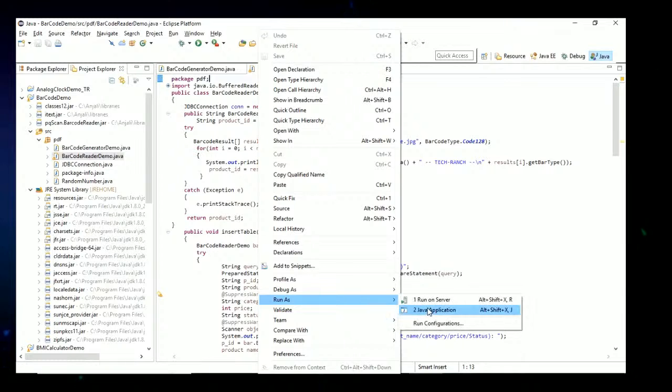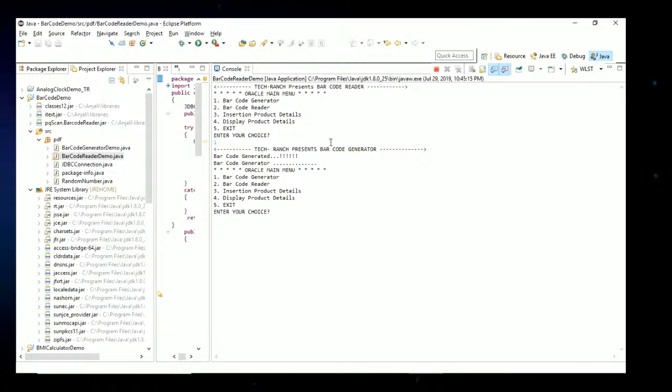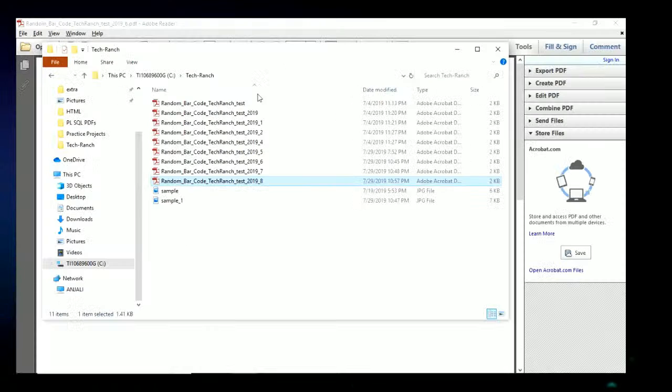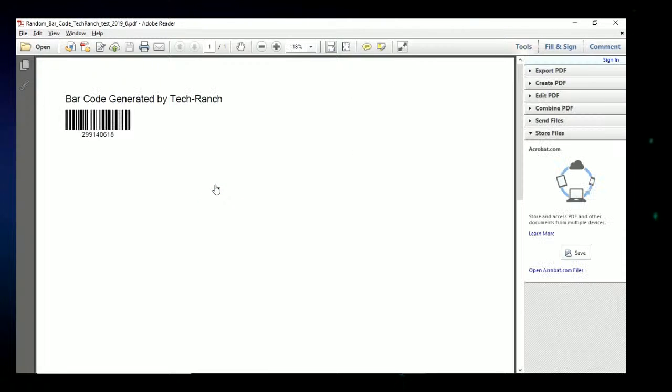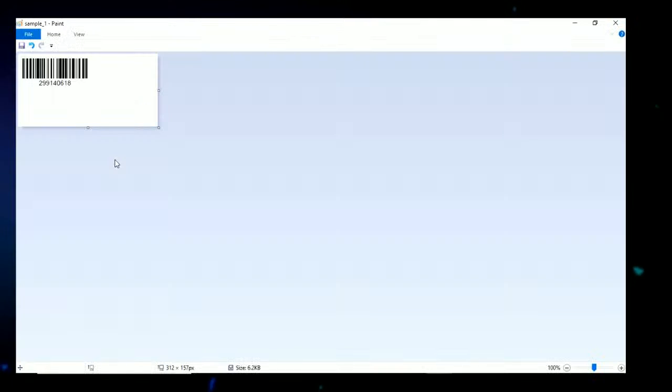Barcode generator, number 1. So the barcode is generated. So let's take a look, if you see here, this will be your generated barcode. Since it is reading from JPG files, we have to first convert this PDF into a JPG file. Screenshot and just simply